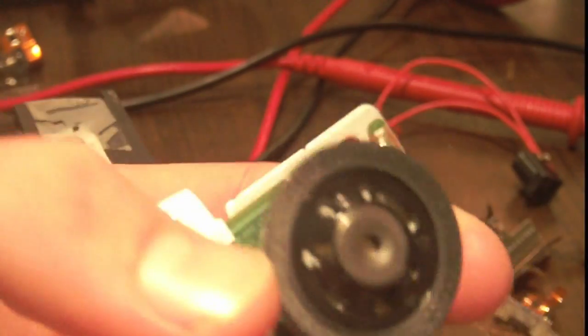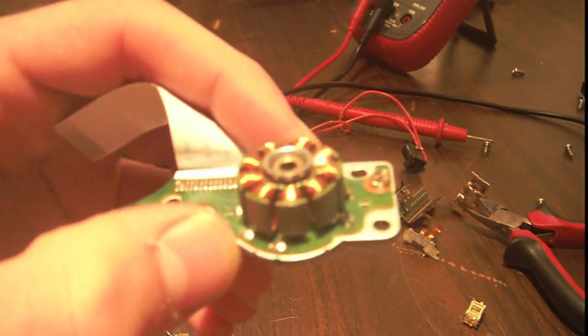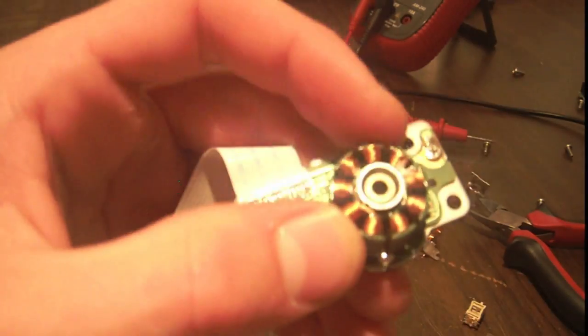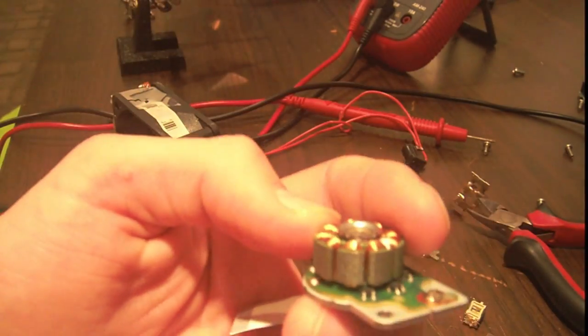So now I'm going to take a closer look at this stator motor assembly. So obviously this here just pops off like that, and you're left with the stator. But this is, I can't actually get to the back of these coils. But if you notice right here,